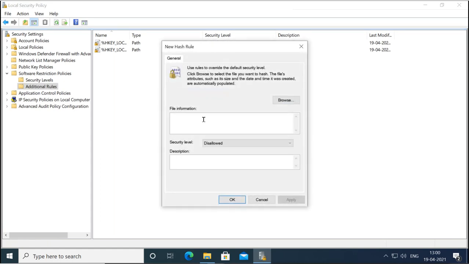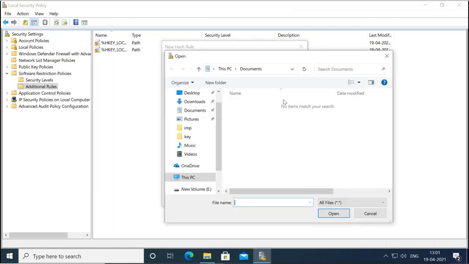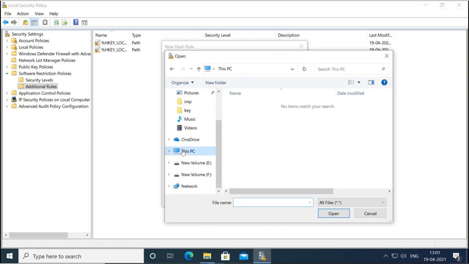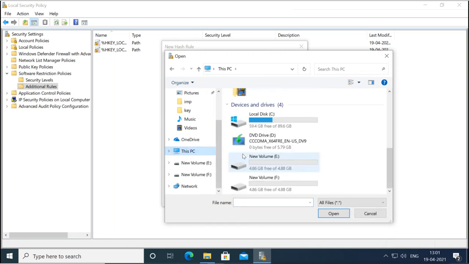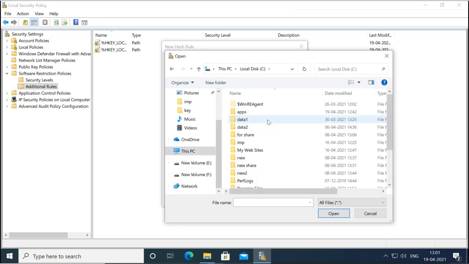Now it is saying to select the file which you want to allow or deny. This time you don't select the folder, we will select the file. So we'll browse and select the file from one location, and it is going to apply for all.